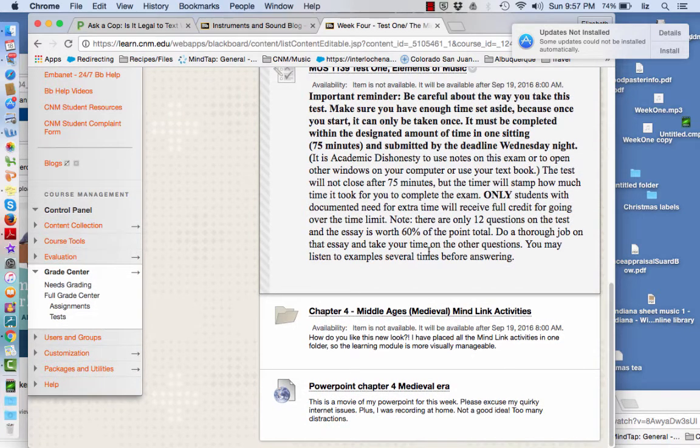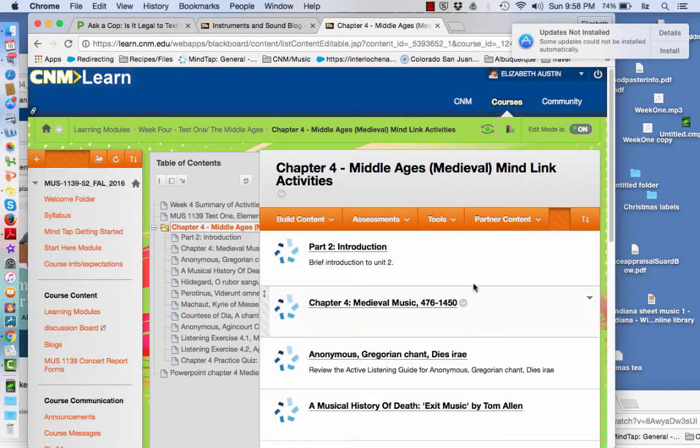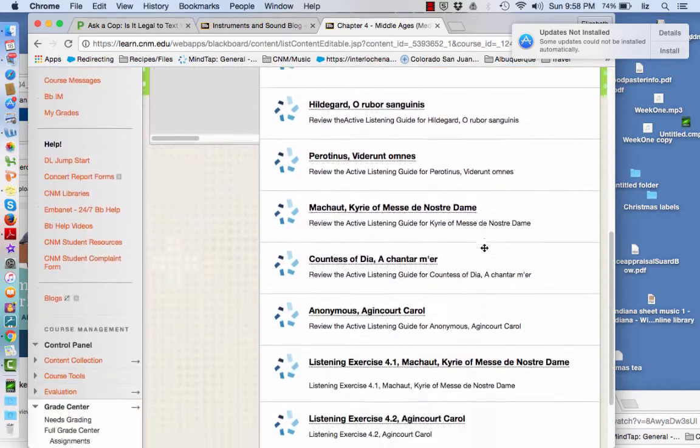Alright, so once you've finished the test, I'd love to say that's it for this week, but we do have to enter the Middle Ages. Luckily, it's not one of the larger chapters assignment-wise, so I'm going to just click into the MindTap activities. And once the folder's open, you will see the familiar MindTap activities.